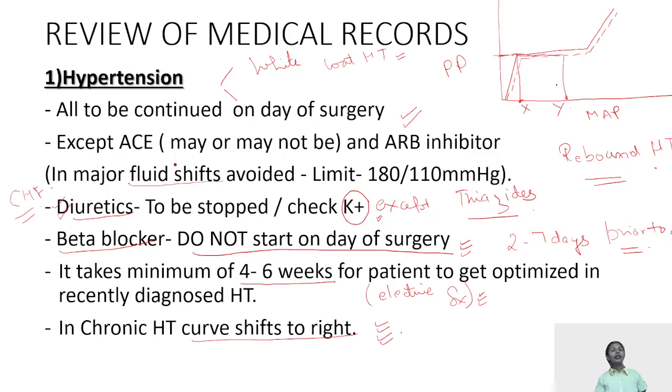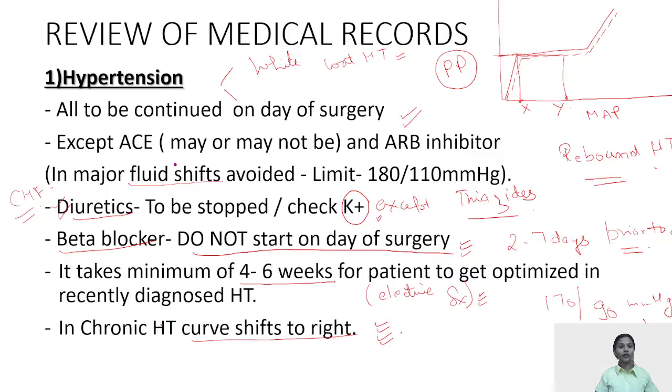So, when we are targeting the blood pressure of a hypertensive patient, especially intraoperatively, for example, if we have taken the patient at 170 by 90 millimeters of mercury, our target is always to decrease the blood pressure not more than 25% of the baseline, because the perfusion pressure to the vital organs has a rightward shift and is maintained at a higher MAP than a normotensive patient. So we don't have to bring the blood pressure to normal, that is like 120 by 80. It is only a 25% decrease from the baseline we are targeting.